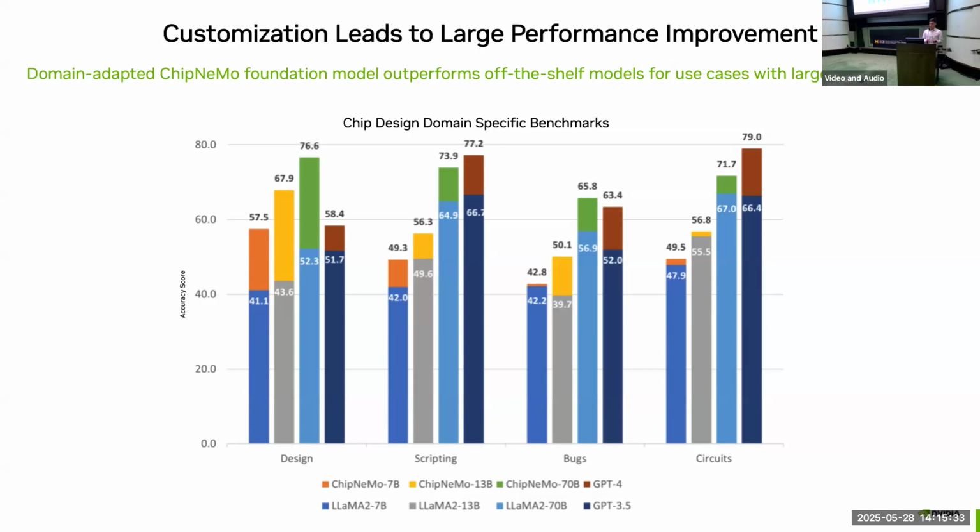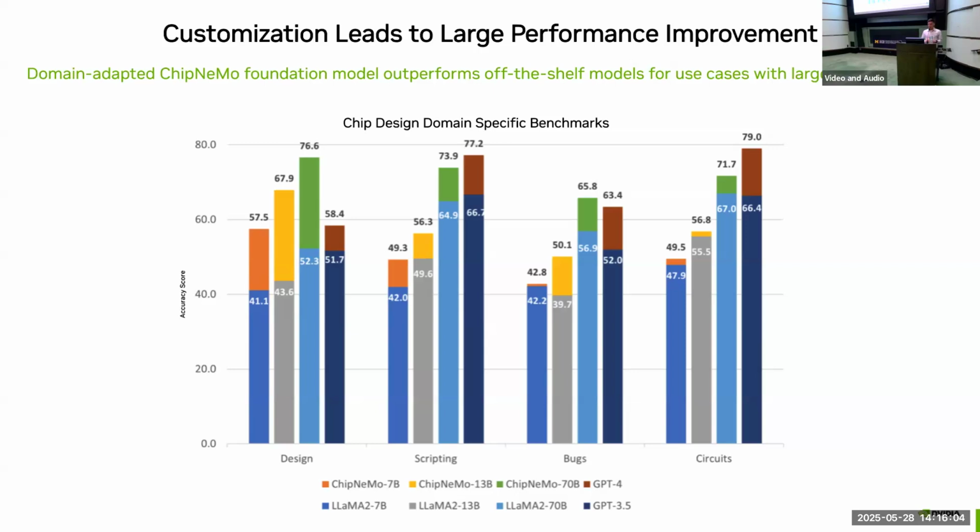Each of these starting bars represents the base model with which our ChipNeMo model was continually pre-trained. And so here we have LLaMA 2 7B, 13B, 70B, and then on the far right of each sub collection is going to be a GPT 3.5 model for comparison. And then the little toppers to each of the bars represent the improvement that we get from the